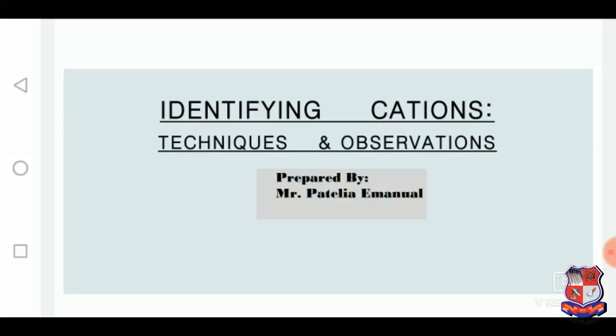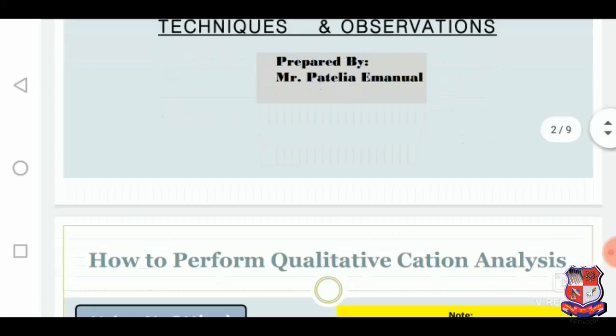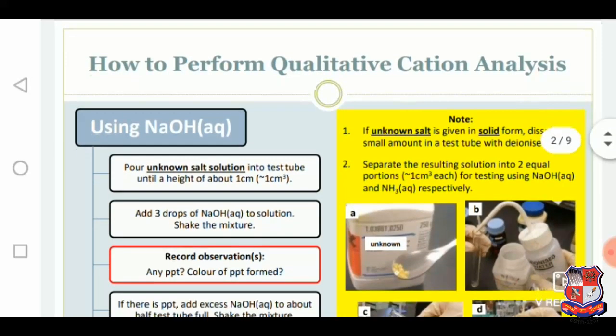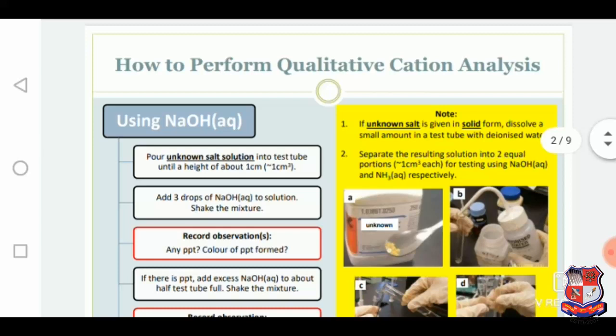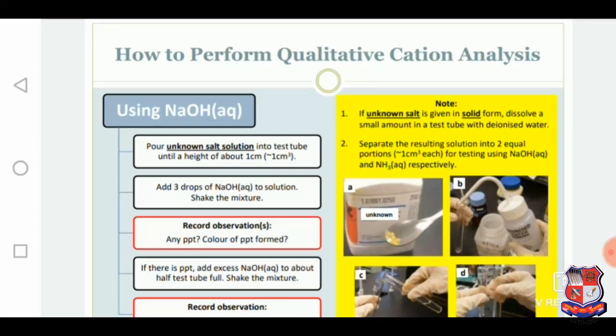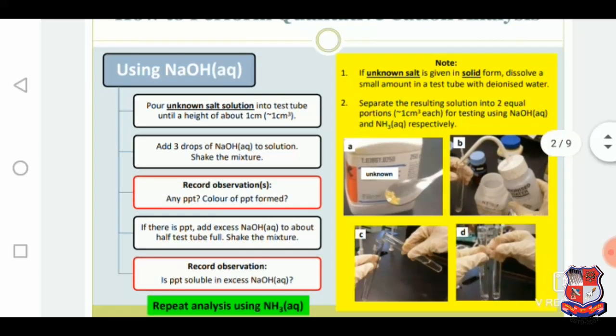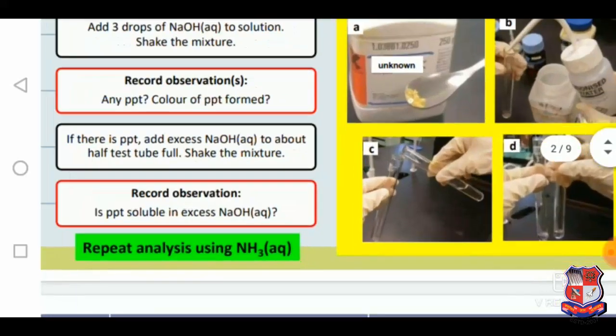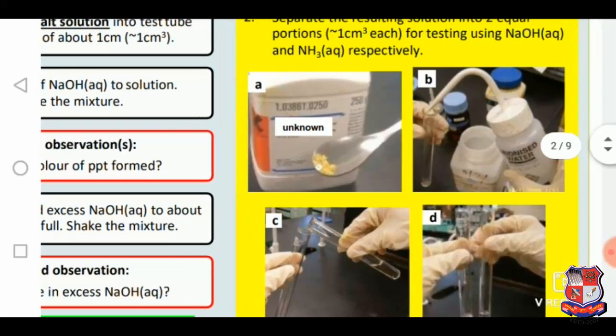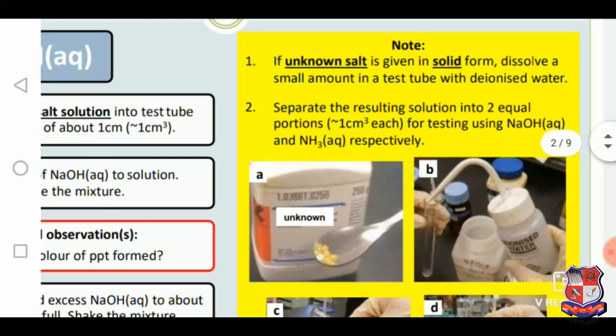Hello students, today we will discuss identifying cations, their techniques and observations. So first we will see how to perform the qualitative analysis of cations. It can be done as we can see over here. It can be done with an unknown salt,